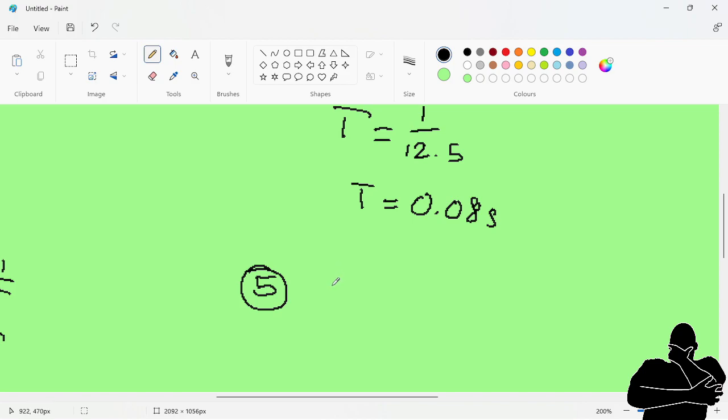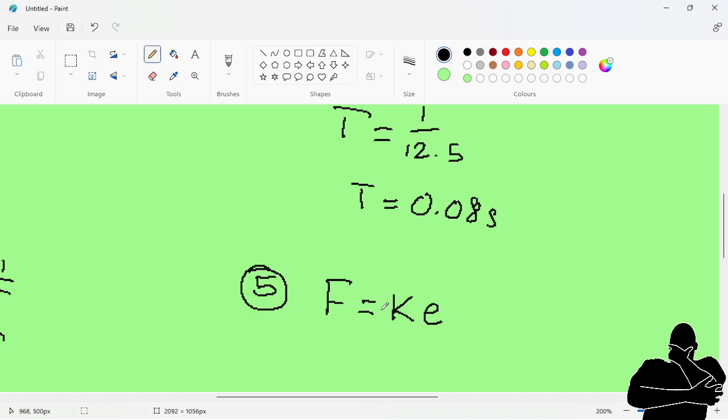Part C. The mass of the block is 0.05 kg. Calculate the spring constant K for one of the springs. How would we find the spring constant? Well, according to Hooke's law, as long as this spring is in the elastic region, force applied is equal to the spring constant times the extension. So if we have the force and the extension, we can find the spring constant by just dividing the force by the extension. But the question did not give us the force, and the question did not give us the extension. So we cannot use this way to come about the spring